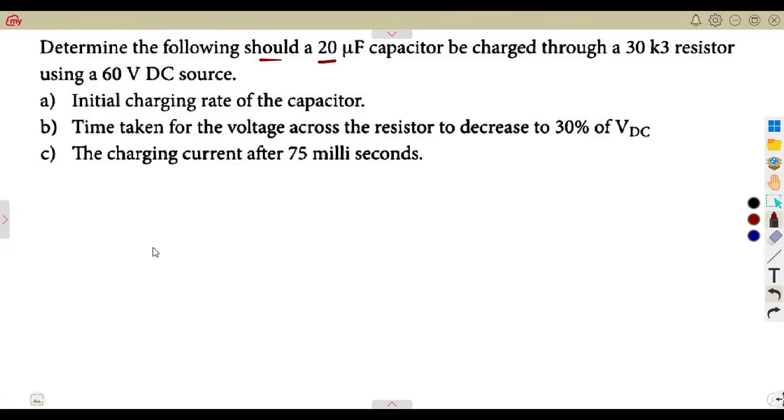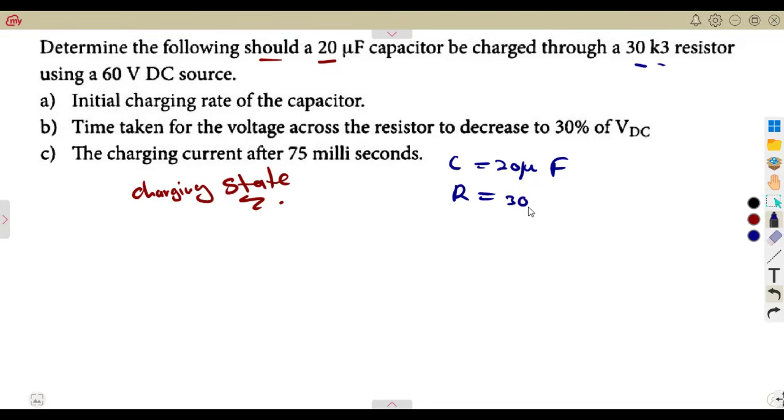Should a 20 microfarad capacitor be charged through a 30.3 kilo ohm resistor? So we are given that it is supposed to be charged. That is the charging state. We are still on the charging state or the charging condition. Given a capacitor that has a value of 20 microfarad and the resistance value connected in series is 30.3 kilo ohm, and the VDC that we are given, which is our VM, is 60 volts. So VDC. The question is calculate,